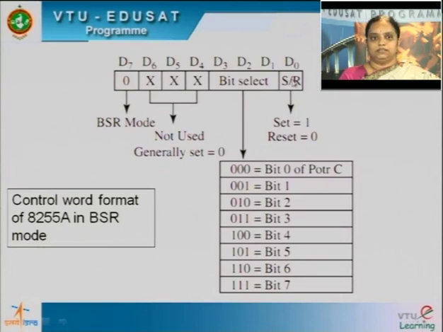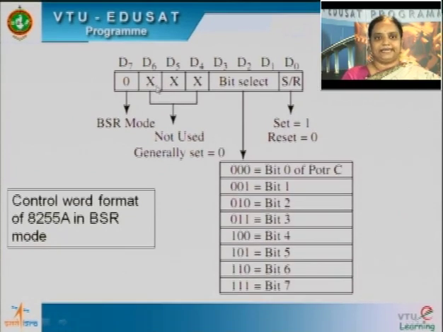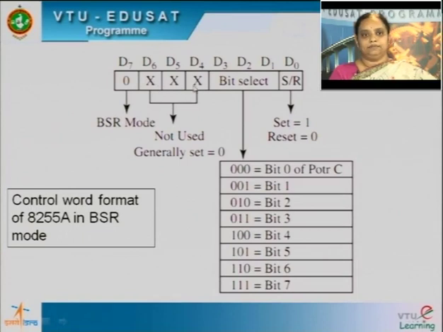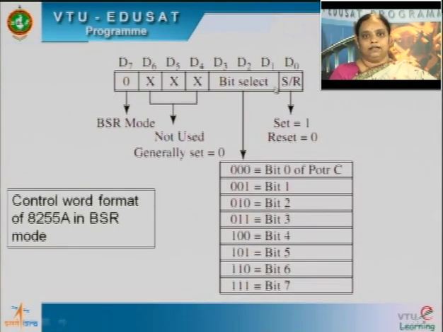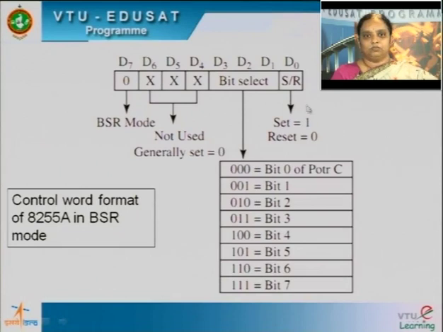The rest of the bits D0 to D6 will have a different meaning. In BSR mode, these 3 bits are unused. The last bit, if you want to set, it is 1. If you have to reset, it is 0. Whichever port C pin we want, let us say I want port C pin 2, that is your bit 2, then these 3 bits D1, D2, D3, you set as 0, 1, 0. If you set it as 0, 1, 0, PC2 is selected, and if I put a 1 here, and this word is written to the control word register, immediately port C, the second bit, will be set to